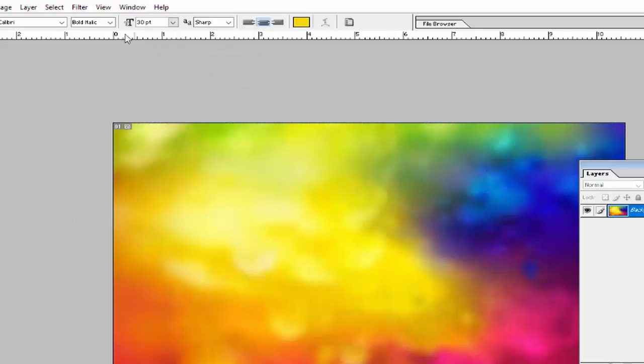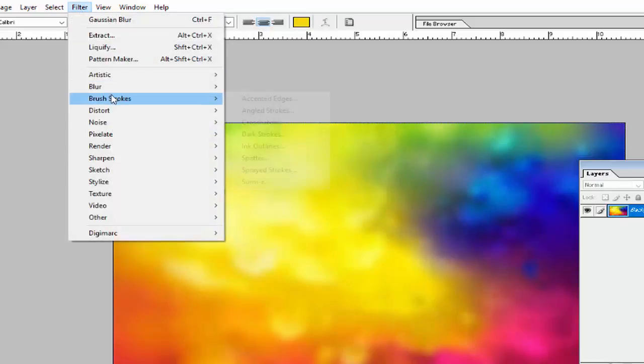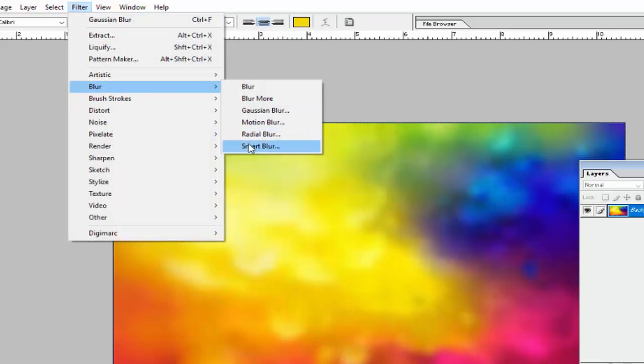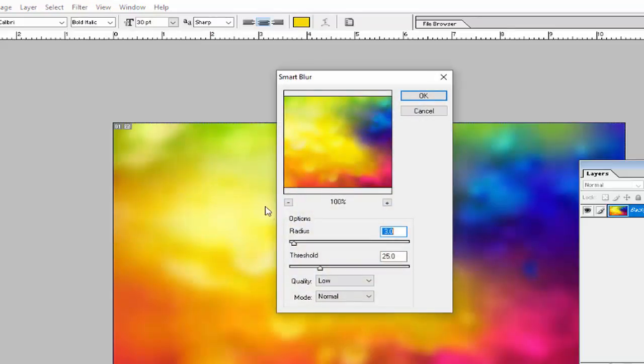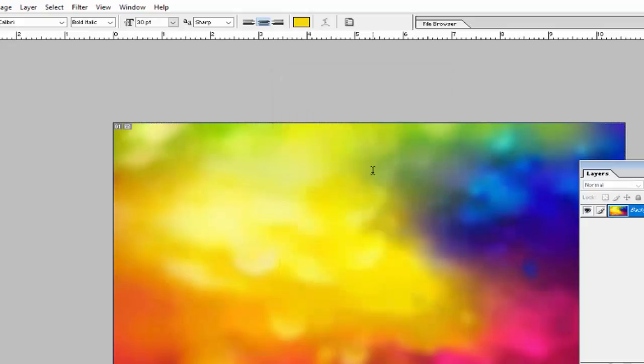And then another option in this filter, after Gaussian blur, is smart blur. Use the smart blur option, increase its radius and reduce some threshold and click OK to make this image like this. So this background will be adjusted behind the image of this James.